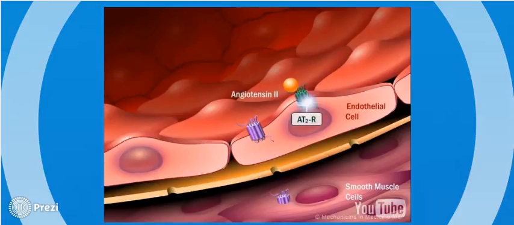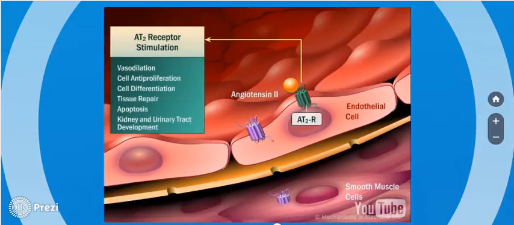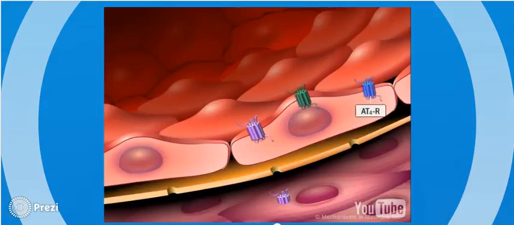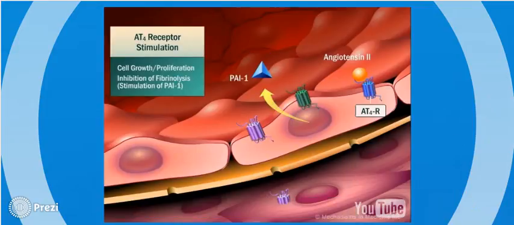Angiotensin II type 2 receptors can be found in low levels mainly in the uterus, adrenal, central nervous system, heart, and kidney. AT2 receptors appear to counteract the effects of AT1 receptor stimulation. Another angiotensin II receptor is the AT4 receptor. Its stimulation may increase synthesis of the natural inhibitor of TPA called PAI-1, thereby reducing effective fibrinolysis. Stimulation of the AT4 receptor appears also to promote cell growth and proliferation.